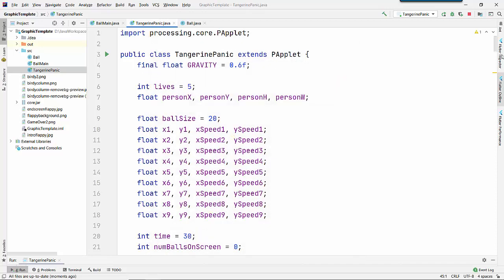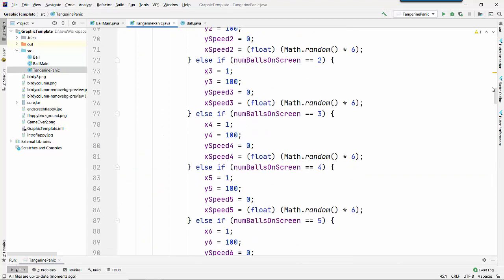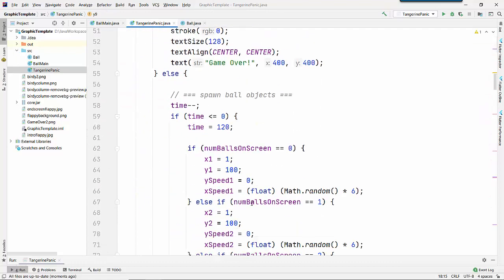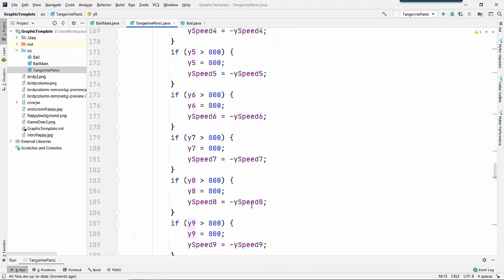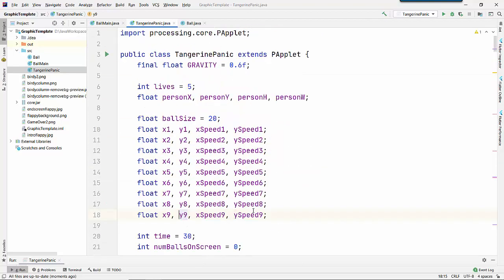Except the problem is the code is almost 300 lines long, and there's a lot of repetition. I got one set of variables for every single ball object, for every single tangerine, and there are like 9 tangerines. And so you end up with a lot of repetition, a lot of copying and pasting. And that's terrible. So now I'm going to remake the same program using objects and using ArrayLists, and you'll see